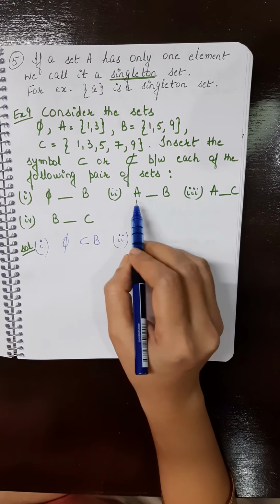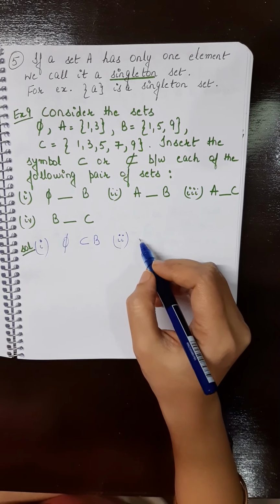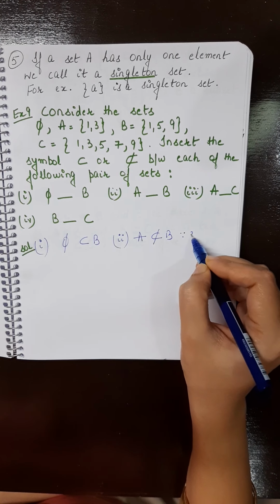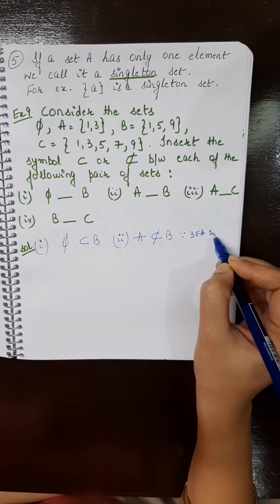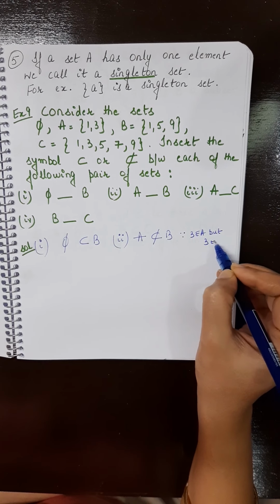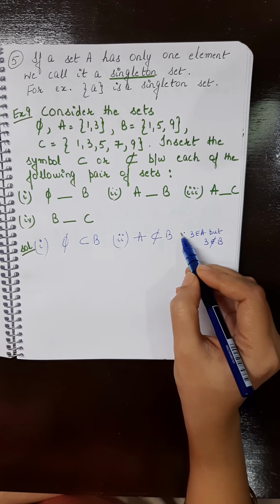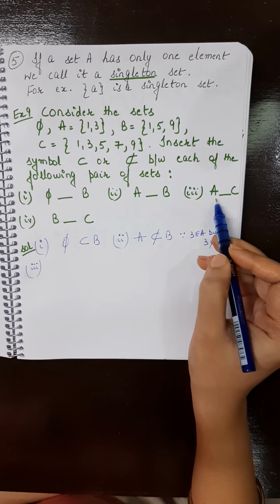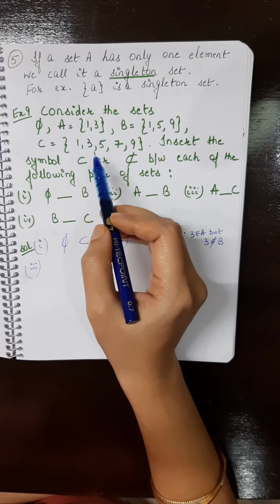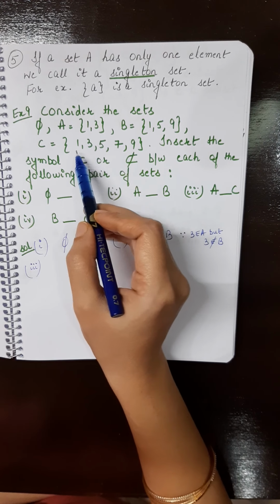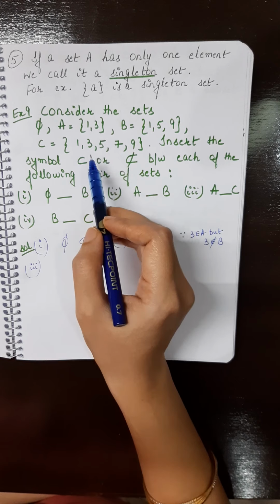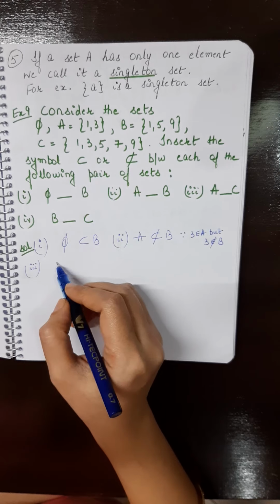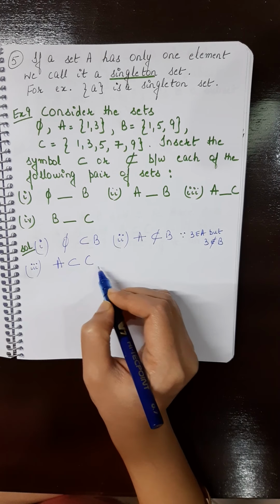तो अगर हमें खाली अभी A और B के बीच में चेक करना है, so therefore I will say that A is not a subset of B since 3 belongs to A but 3 does not belong to B. So this is the symbol for since. Reason. Third part, between A and C. So this is your A, this is your C. So 1, 3, 1, 3. So every element of A is an element of C. दो ही element है और ये दोनों के दोनों C के अंदर भी है. So we will say that A is a subset of C.